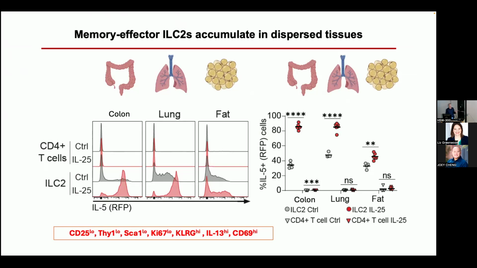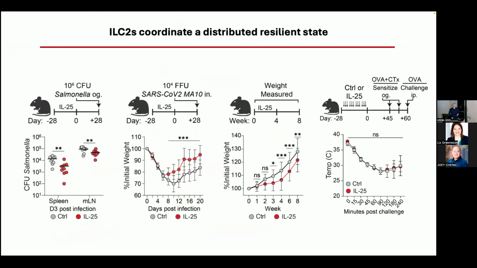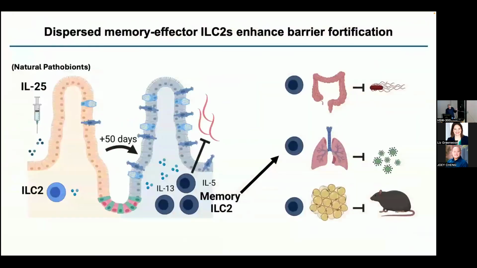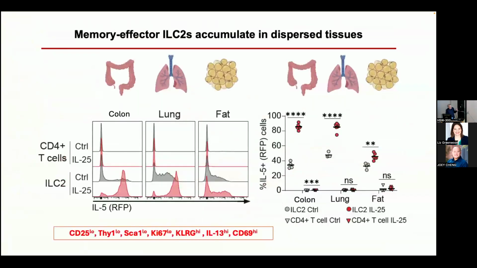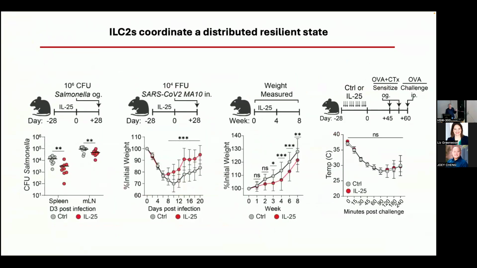And now I'll close with where do we go in this space? The truly interesting thing is these cells migrate and show up in borders of distal organs. So here they're in colon, they're in lung, they're in adipose. They have the same phenotype. You can see them. They're marked with intestinal imprinted signs like alpha-4 beta-7, CCR9. And it suggests that there's an outward movement of cells from the gut in the normal setting that we miss in SPF mice. And this has ramifications for survival in the wild.